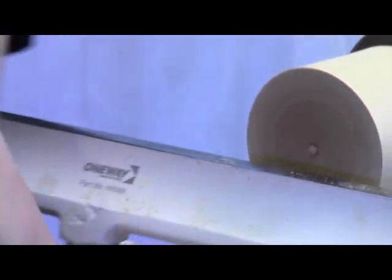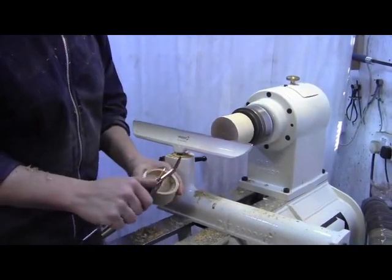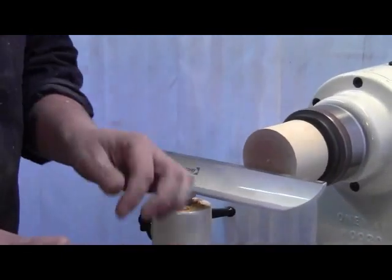Now I'm going to use some metal verniers to transfer that sizing. Now this can be quite dangerous, so you've got to be careful in what you're doing, and I'll explain that as I'm doing it. But first of all, I'm just going to take the sizing across the diameter, lock that off,